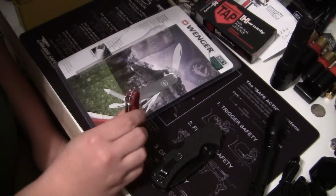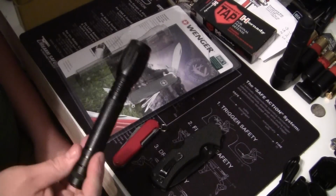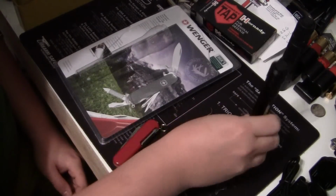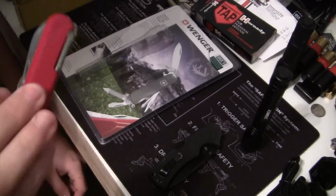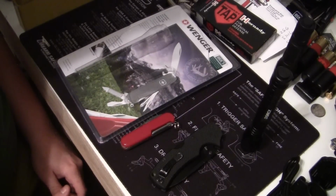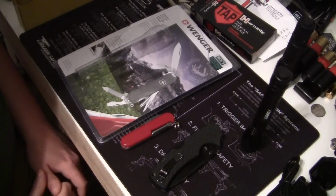Say maybe you picked up this little kit to have this flashlight as an around the house or car flashlight or something like that. Like I said, getting a little bit on the big side for everyday carry, and maybe you need a nice little set of tools to carry in your pocket. But I don't know, thought it was pretty interesting. Like I said, the price tag from Dick's was